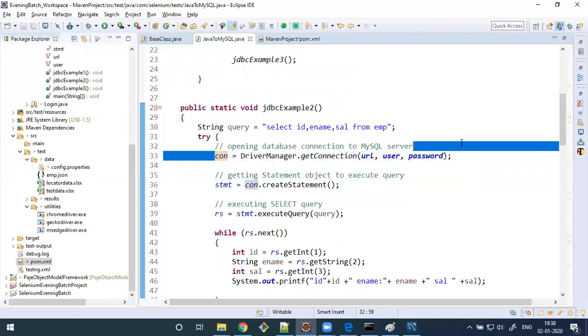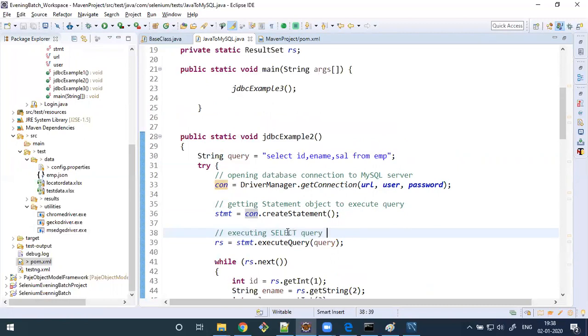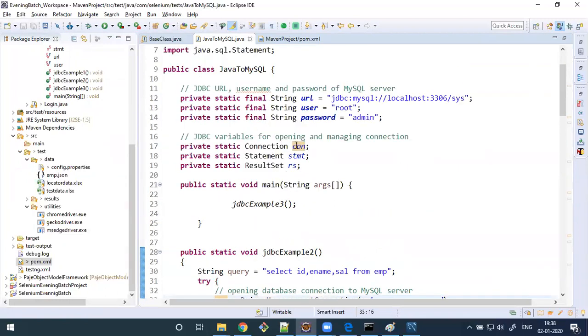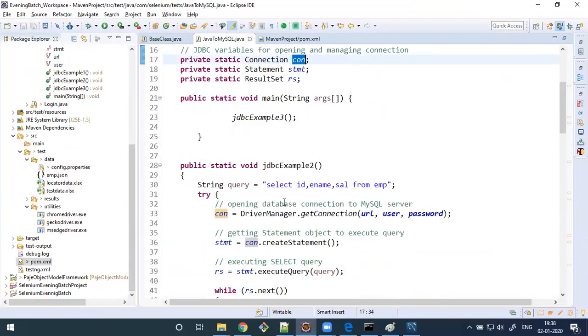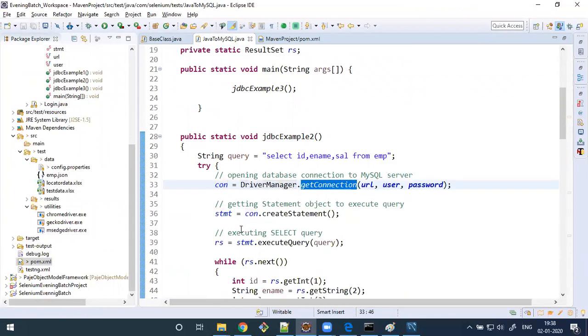Instead of adding the MySQL jar, you will add a jar related to SQL Server, DB2, or Oracle. Now, the first step is to create the connection object of the connection class: Connection con = DriverManager.getConnection, this one. And then